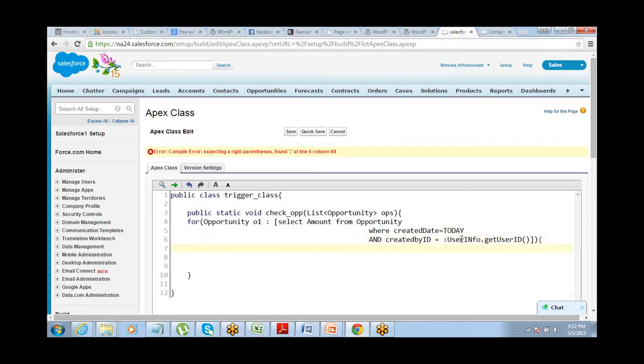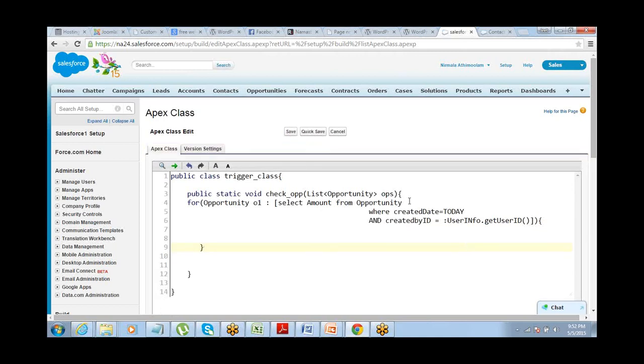In the for loop. And save. Okay. All right. So opportunity O1 within this select amount from opportunity. So for all the records which have been created today and where the created by ID is the current user, it should go and check the amount.